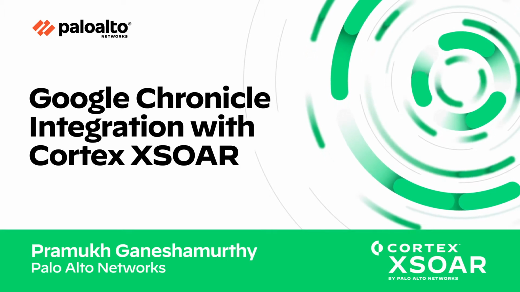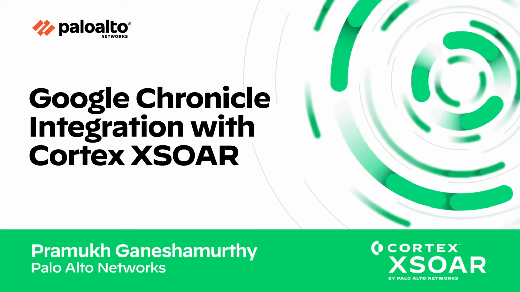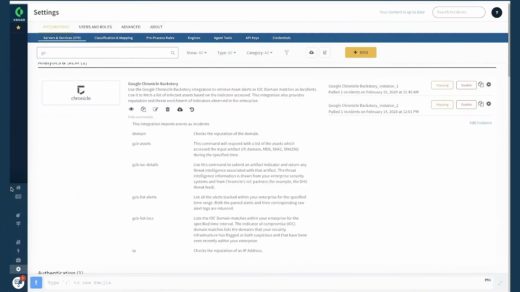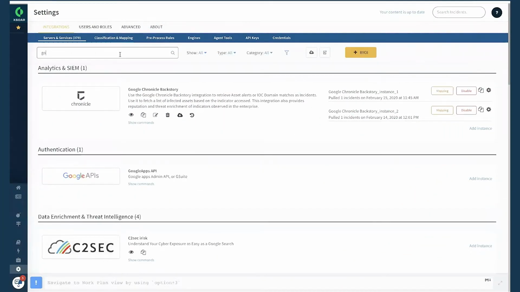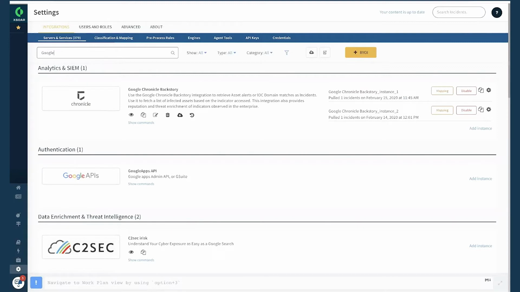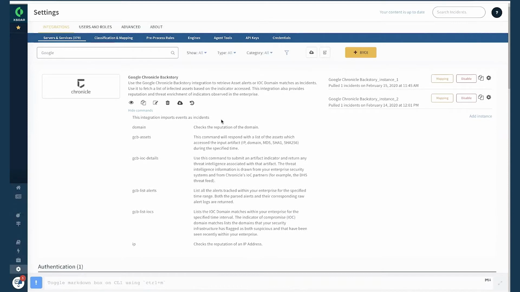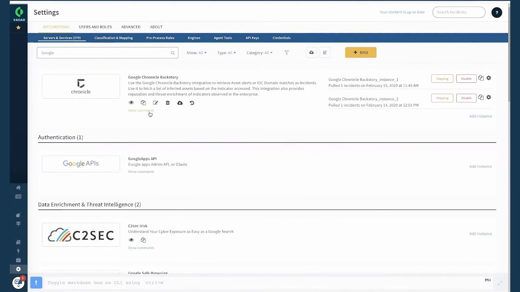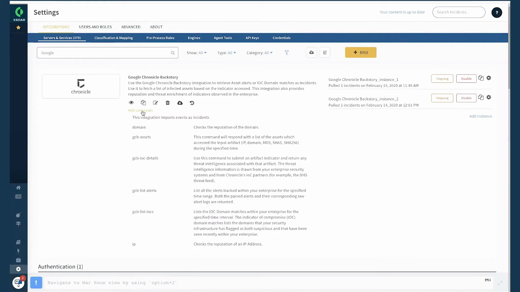In this presentation, we'll see the integration of Google Chronicle Backstory. The integration can be found under Settings, Integrations, and Servers and Services. You can search by the keyword. I think the first one that pops up here is Google Chronicle Backstory. So this is the integration, and if you hover on this, show commands, and click on this, you will view